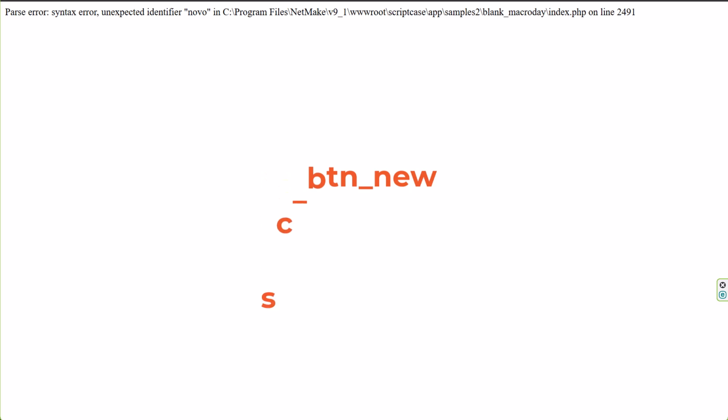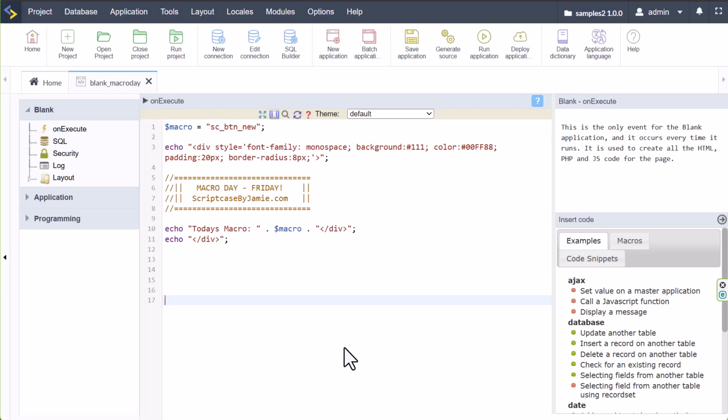Okay, so today's macro is the SC_BTN_new, and as you see, we actually have an error message here displayed on my typical display that we've been using for a little while now, and that is because this is no normal macro. So let me show you how to use this. So we have today the SC_BTN_new macro, and this macro gets placed like so into an if statement